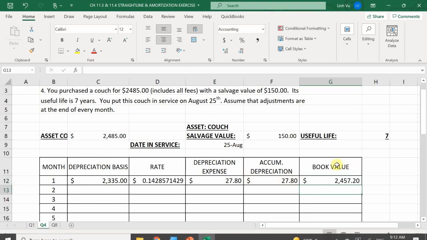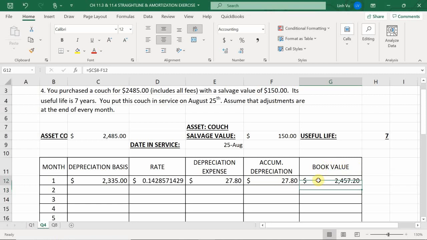Oh wait, you're very close. It's the 24, not the 23. You're taking asset cost, not depreciation basis. So in this case, it's 24.5720. So then